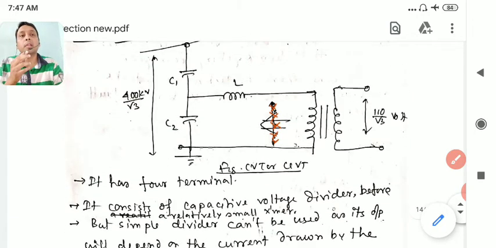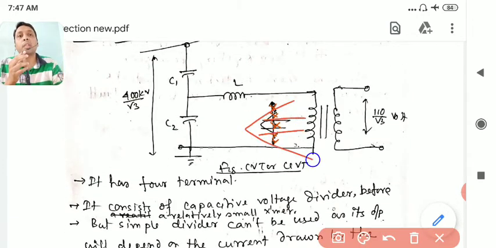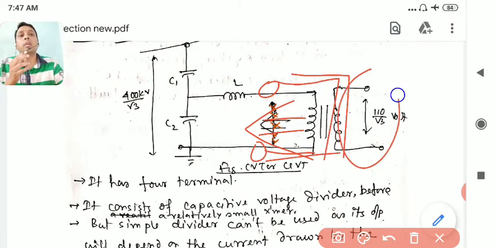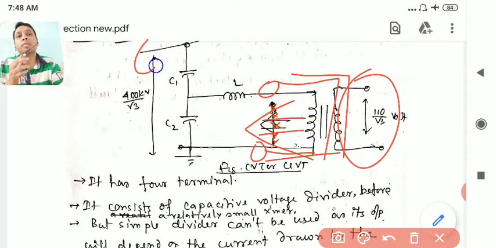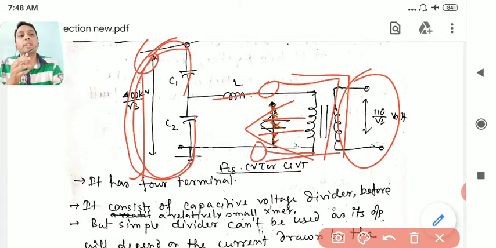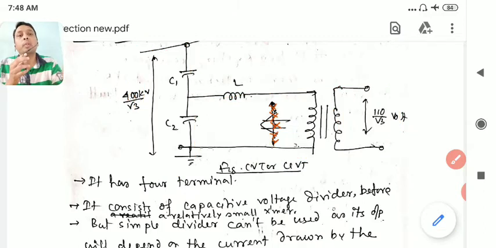Let us see. Suppose we want to see the Thevenin's equivalent circuit from this side. What is appearing across this? Whatever is appearing here and here, this terminal is going to your trip circuit. As you can see, if we forget this transformer, it is exactly almost the same voltage or a reduced version of that one. So what is the Thevenin's equivalent impedance from here? This is your source, this is your V. So the source will be short circuited. So it will be L, then these two C are in series. So if you see this one, what will be your output voltage?